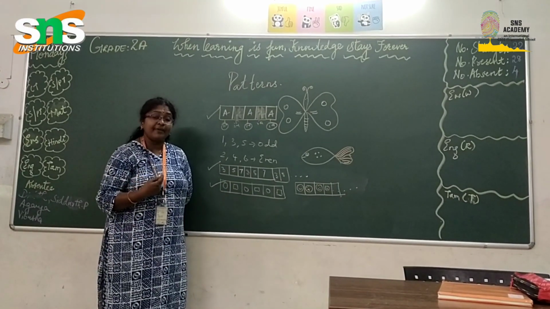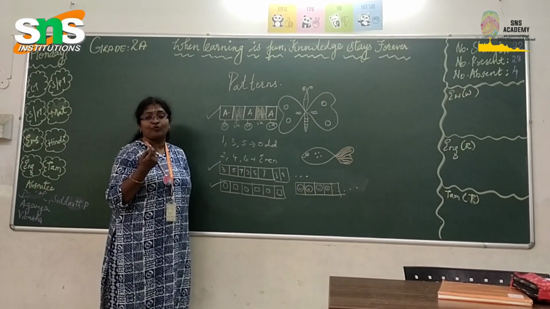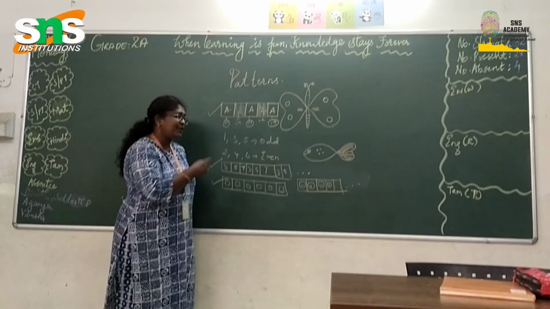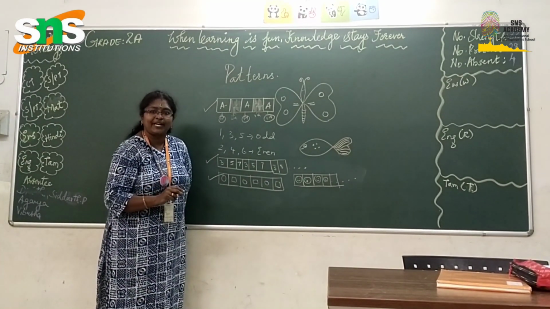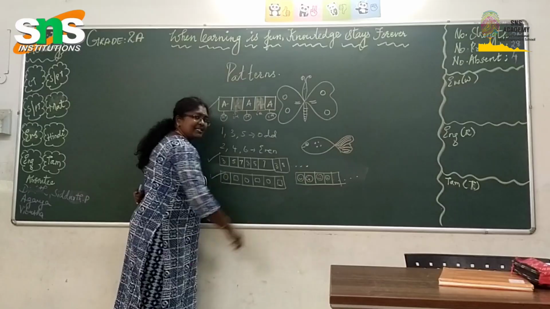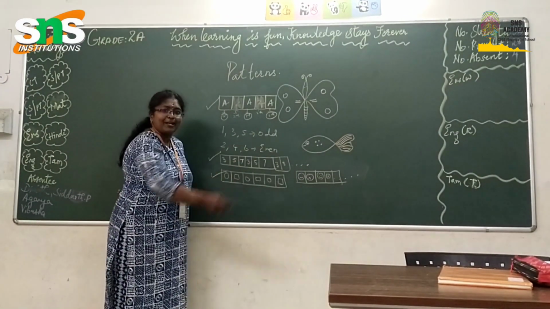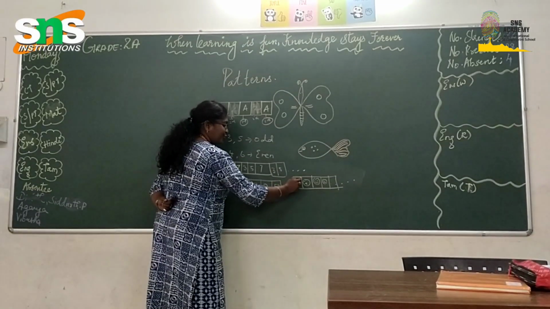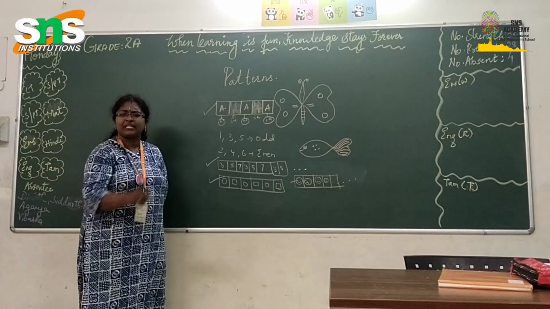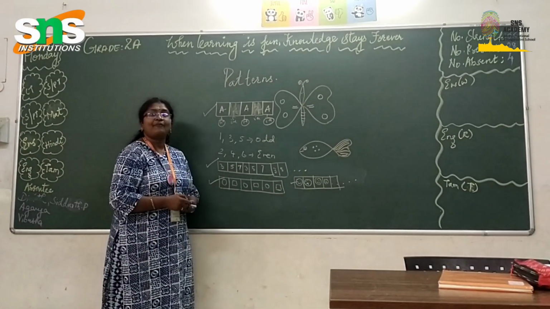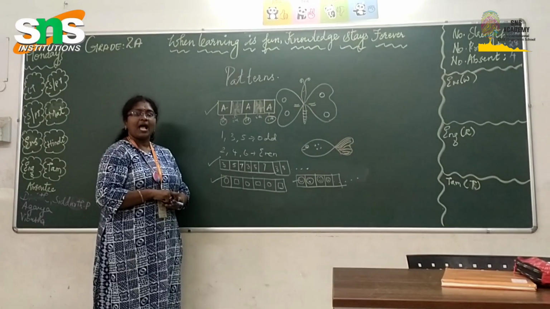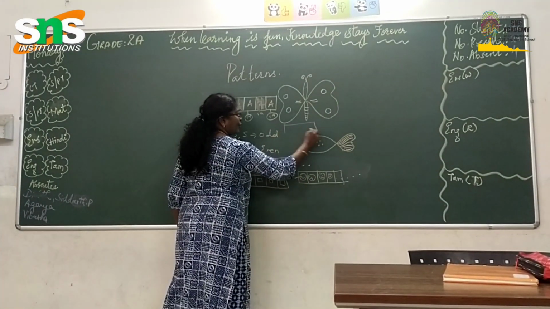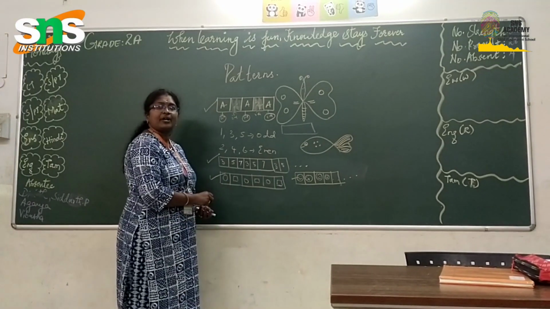So this also has some emotions. Sometimes you get very happy going out for the PT period, the library period, or the swimming period. When the teacher asks you to write the class, your mood will be like this, right? So this is also getting repeated. Yes, children? So you will have patterns in your emotions, in your shapes and everything. And of course, you will have them even in your colors.